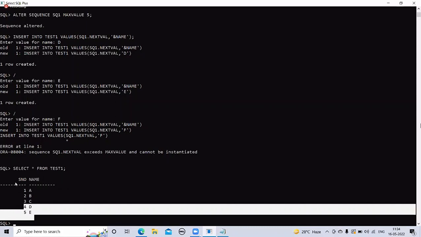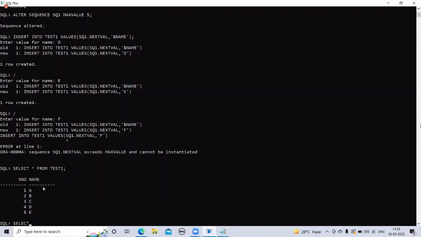Okay, fine. This is one example, guys. In this example, we did not give any cycle facility or any cache facility. So it means if I'm not giving cycle facility, then once your sequence reaches the maximum value, it is stopped automatically and doesn't continue again. And here I'm creating my sequence without cache. Without cache means your set of sequence numbers are directly saved in the database. So whenever you want to request